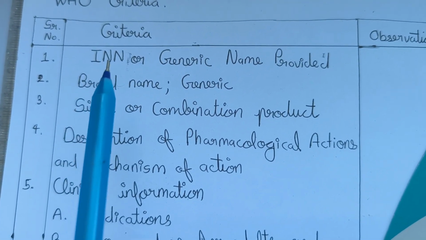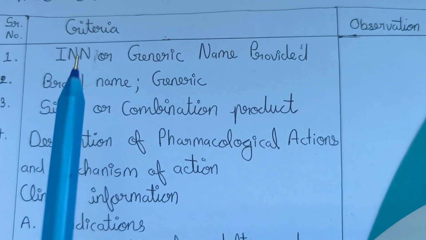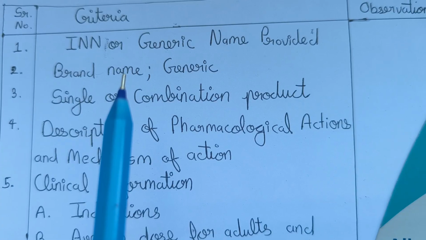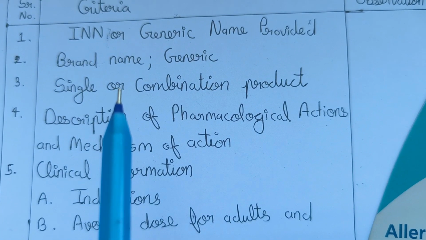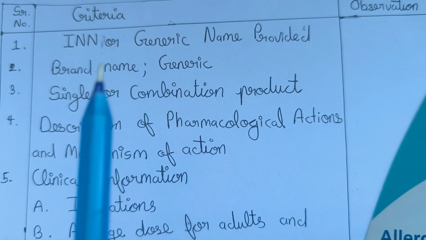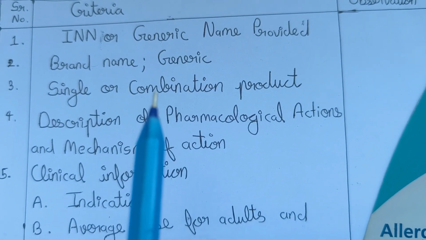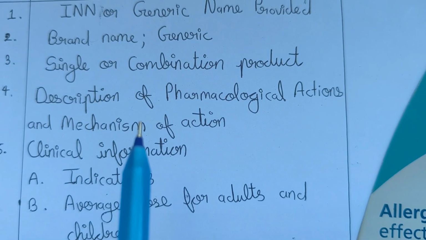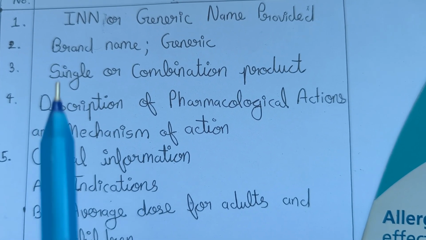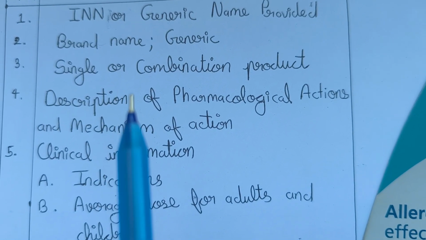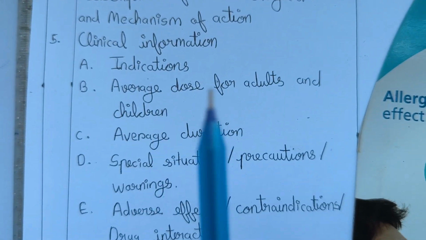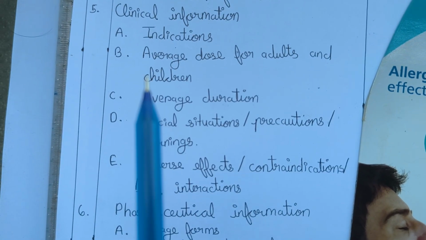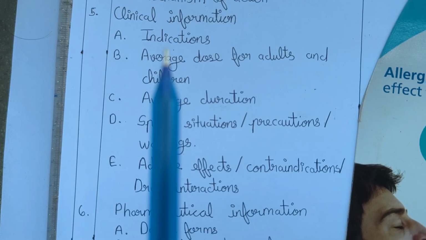First is INN, which is International Non-Proprietary Name or Generic Name. Then second is the brand name. Third is single or combination product. Fourth is description of pharmacological action and mechanism of action, how the drug acts or affects our body or the site. Then clinical information, which includes the following things: indications for the usage, average dose for adults and children, average